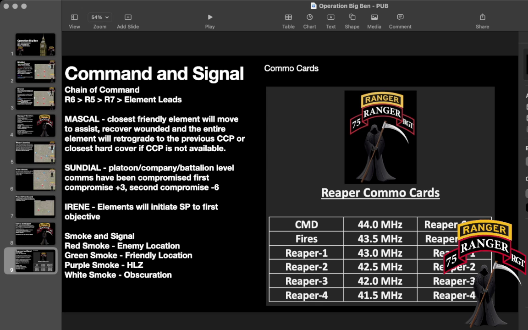So what you need to include is the combo card for all forces across the battlefield. If this is a platoon operation, boom, you can just have your platoon combo card. If it's a company operation, you need to include your company command card at the top. So your company one will most likely have your company's command net, your company fires net, any other company nets, and then it'll have the platoon command nets. And then below that will be all the platoon comma cards,